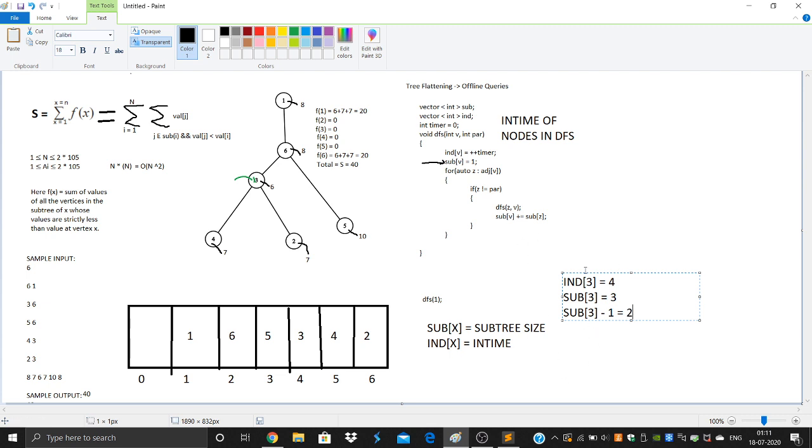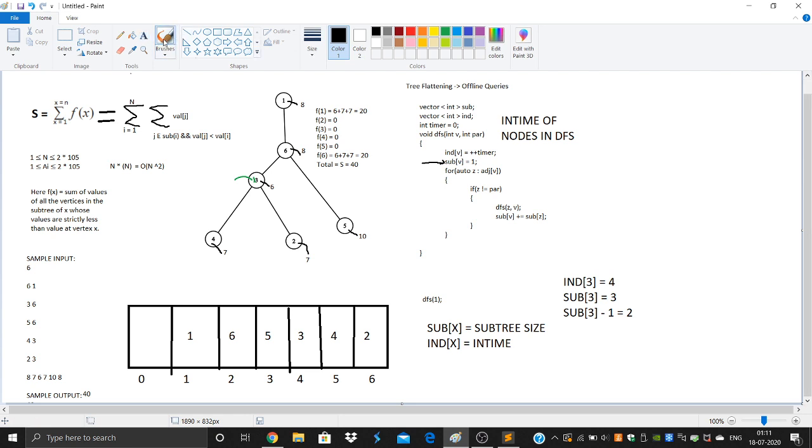So what am I supposed to do with that 2? Just take a look here. We have 3 at time t equal to 4, and if we consider the two positions immediately after 3, if you observe, they are 2 and 4, and in our DFS traversal 2 and 4 were in the subtree of 3. Apart from 3, we also had 2 and 4 in its subtree.